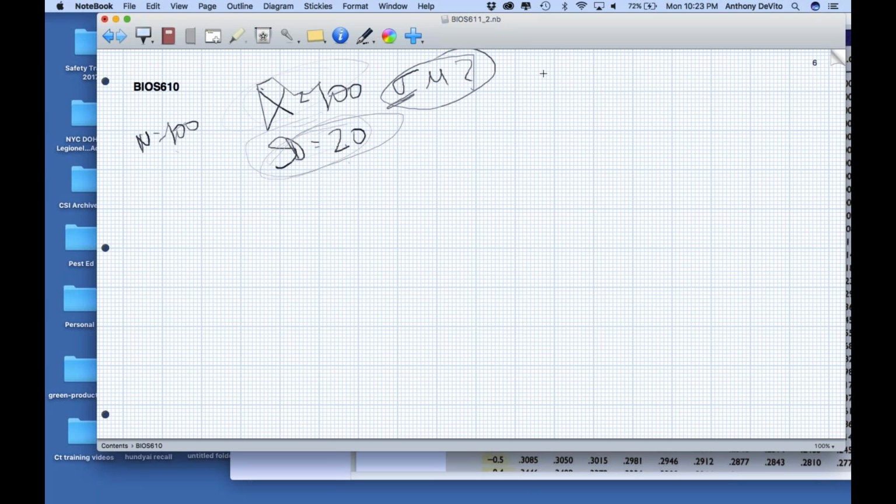So I can no longer use 1.96, 2.58, and 1.64 for my various confidence intervals. Now I have to go to something that's a little bit more forgiving, and that is a t-distribution. If you play back the lecture, Levi's lecture, you will have gotten a lot of